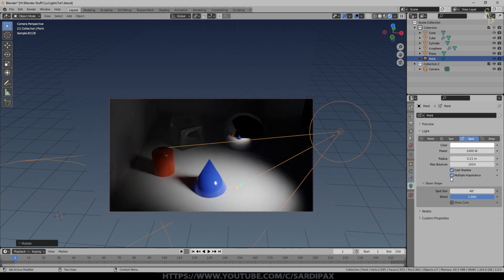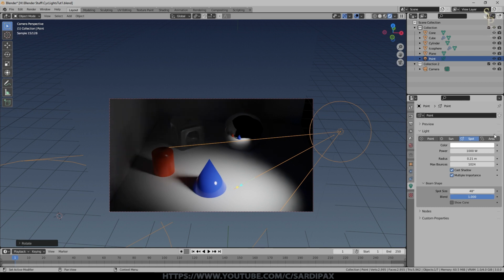You will see on some of the lamps this multiple importance. This is used during rendering, and it allows Blender to make a judgment on whether it should render more samples in particular areas, typically used with HDRI images. And we can turn shadows on and off. So if I click this little button here, no shadows. So it's almost like these things are floating. Sometimes you might want to do that if you want to add a little bit of extra fill light to a scene, but you don't want it creating lots of shadows. You can put that in there, but obviously it does look somewhat artificial.